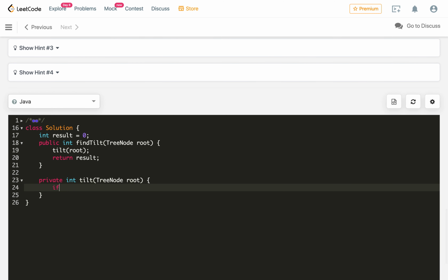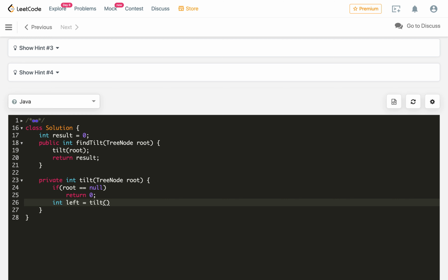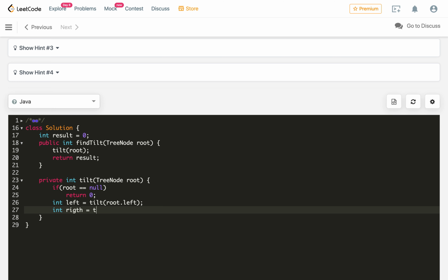Here we check if root is null, then we just return 0. Otherwise we will call first for the left subtree, so tilt of root.left, and then the same for the right subtree, tilt of root.right.